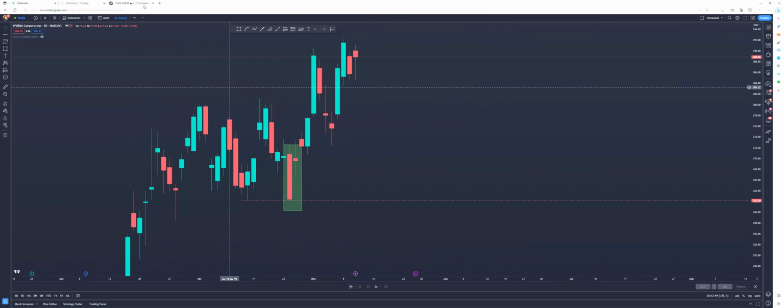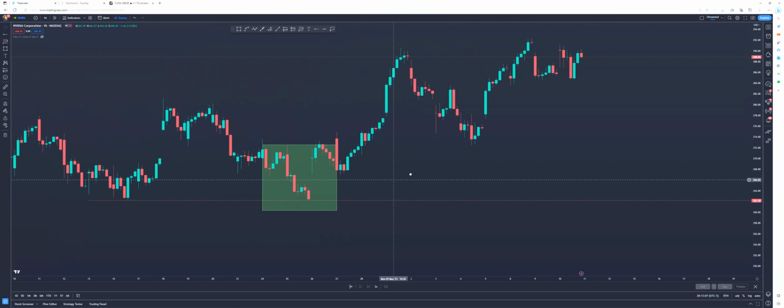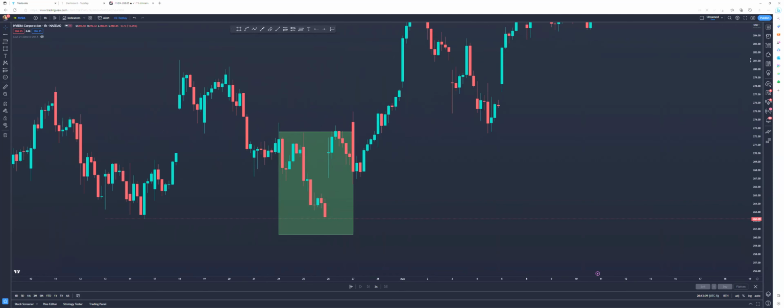Okay, so now let's zoom into this area on the lower time frames. On the lower time frame, obviously we were still just in a downtrend, so you could have just taken calls above this high as well. But we go even lower over here. Same thing here.